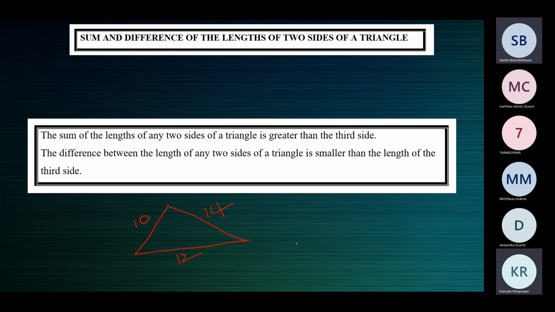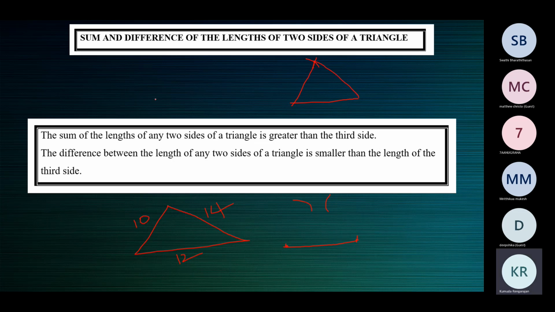So say, for example, you're given some lengths and you have to construct the triangle. You'll draw the base of the given length, and from here you'll cut an arc of a specific radius. From the other end you'll cut an arc of the other radius. The two arcs should meet. Only then can you join them and get the triangle.